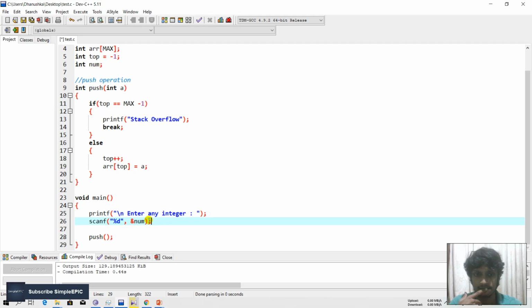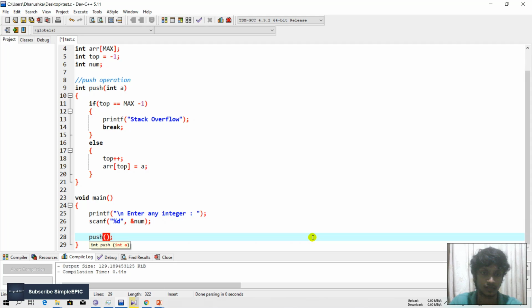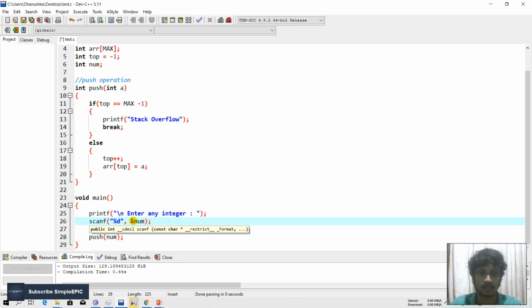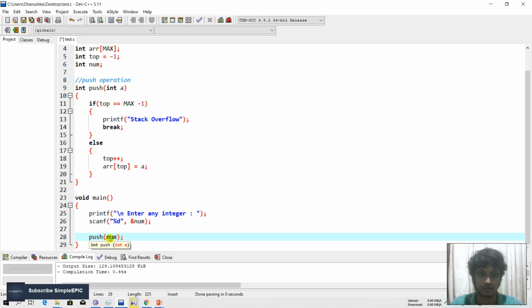So if I put 10 as my input, that 10 will be stored in the num variable, and now the num is 10. Therefore push num means push 10.